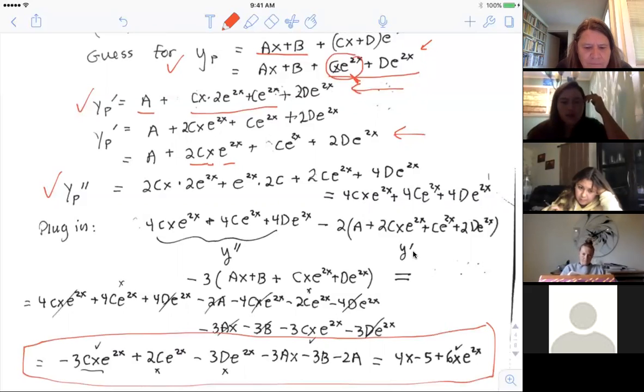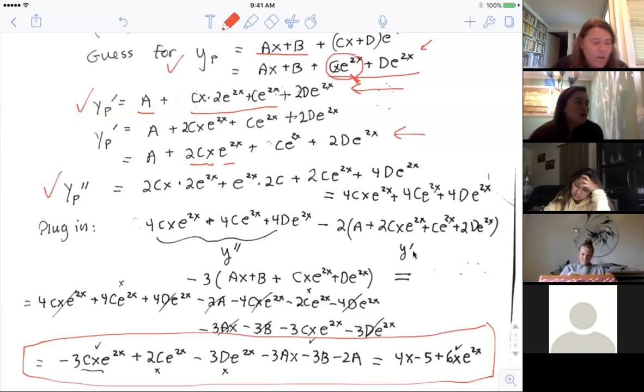Okay. So when I simplified all that stuff, I could see some things that dropped out. First of all, let me tell you about how I do this. You guys have all had as much algebra 1 and 2 and 3 as I have, okay? And you know where the dangers are here. But when I look through first, I look to see if there are any terms that just drop out, because that simplifies my life right away. And what I saw on this one was 4cx e to the 2x and minus 4cx e to the 2x dropped out. So those were gone. I don't have to worry about those anymore.